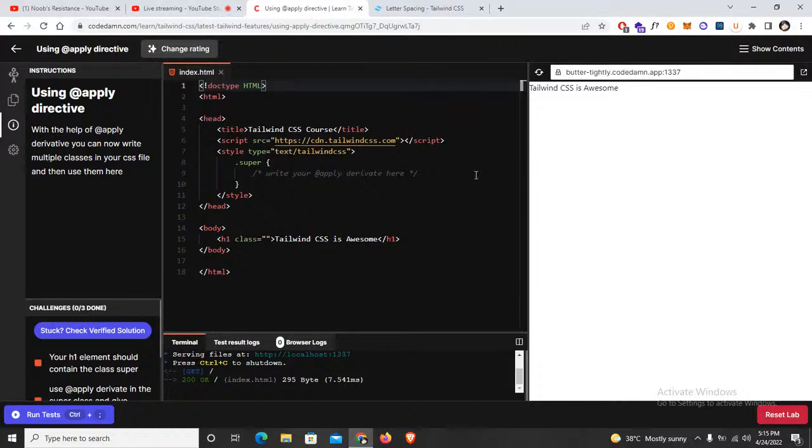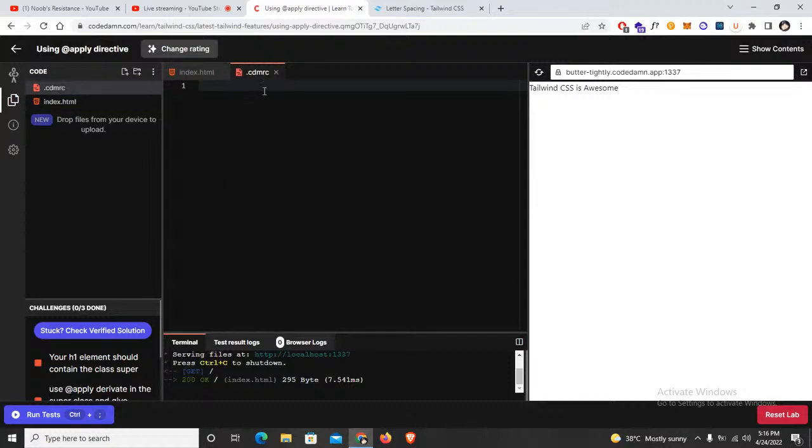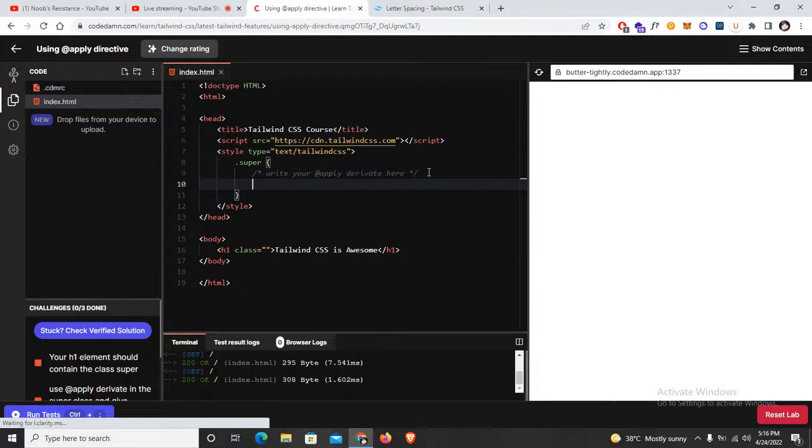चलो index.html की फाइल में आ गए हैं। Your h1 element should contain the super class. अच्छा जी, सुपर क्लास: use @apply to apply the super class and give background color of black. अप्लाई डायरेक्टिव तो मेरे ख्याल से बस फाइल ही दूसरी होती है, उसके अंदर जाके अप्लाई डायरेक्टिव। ऊपर सुपर है, सुपर के अंदर हमने रख दिया।